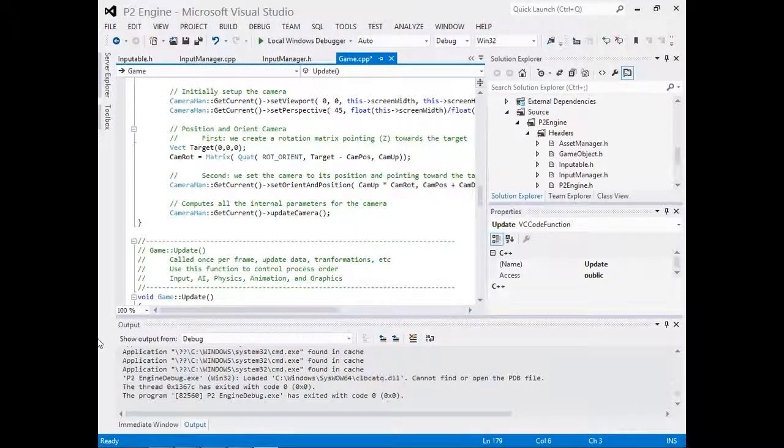Back on the inputable. I wanted to keep that there. So basically all it does is I added another previous state, I guess. It's the two frames behind state, and the reason it has to be two